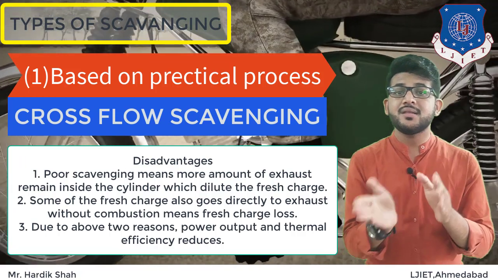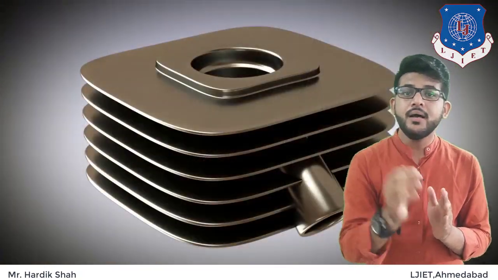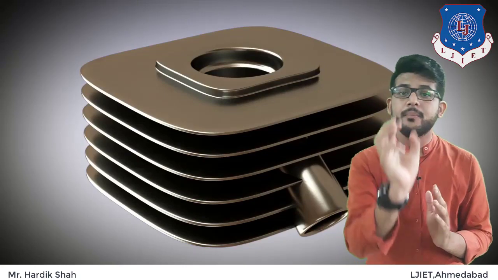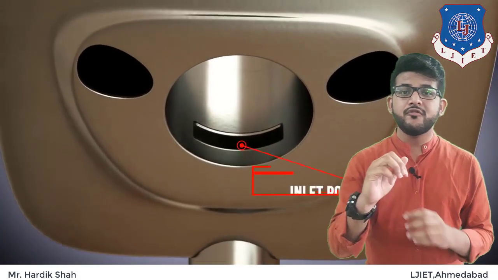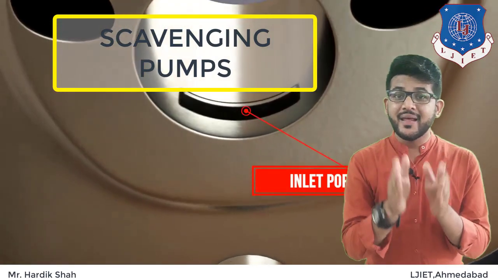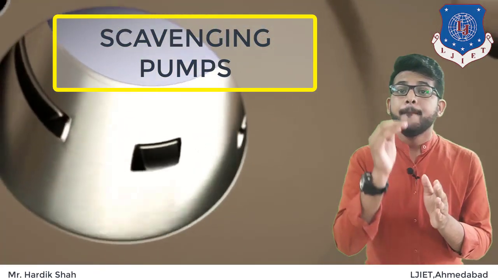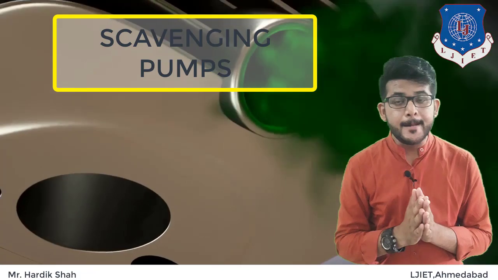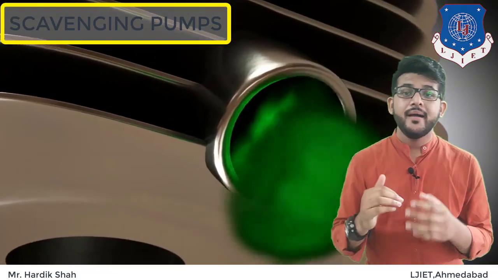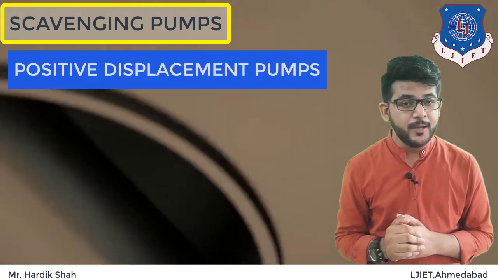So these are the three main types of scavenging done in two-stroke engines, which is called crankcase scavenging, in which a transfer port is there to pump the fuel inside. So now let's see what the scavenging pumps are which flow the fuel inside the cylinder. In two-stroke engines, crankcase scavenging is used for pumping the fuel inside the cylinder. In four-stroke engines, what is there? Different pumps are used, and some of them are positive displacement pumps.